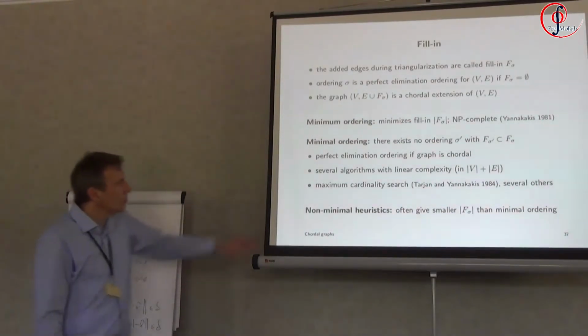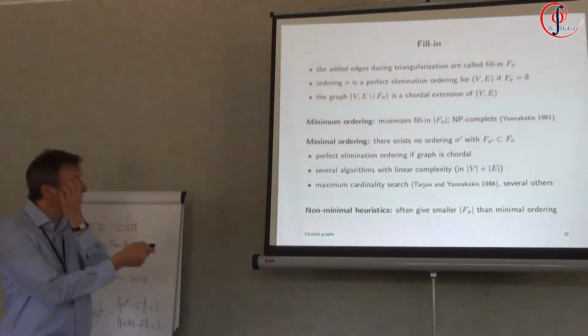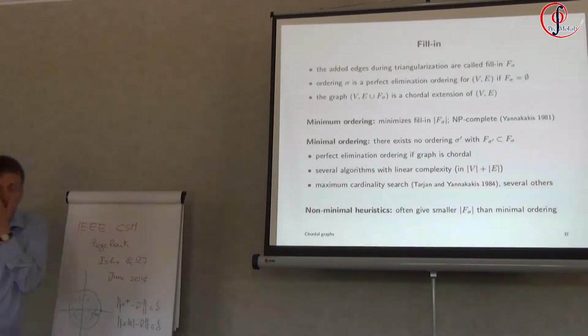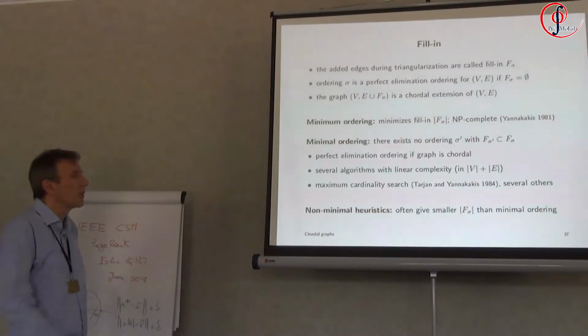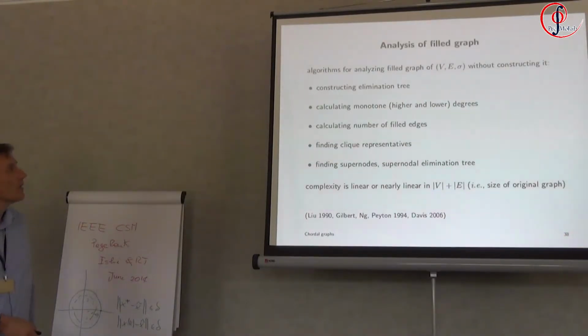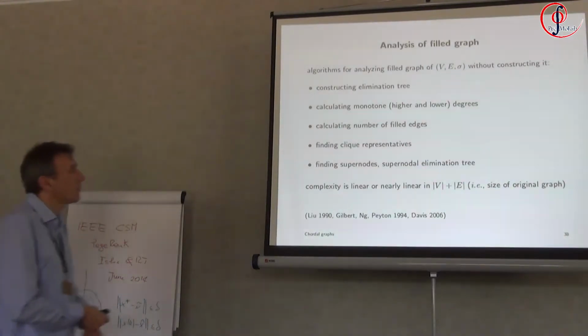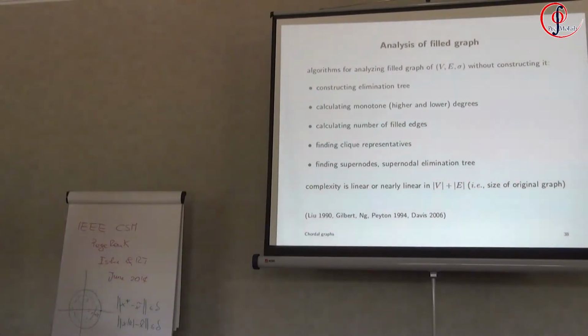In practice, it typically turns out that non-minimal heuristics that don't have this guarantee of producing a minimal ordering are more efficient, in the sense that they often produce a smaller amount of fill-in. So typically we would use these in practice, for example for Cholesky factorization. But if needed, you can do a minimal ordering at very low cost. And then the last part of this chapter on chordal graphs is